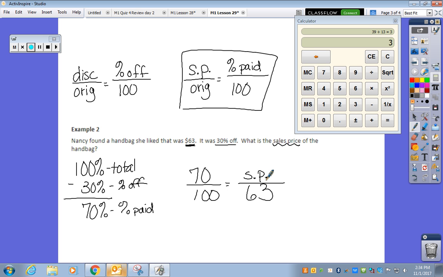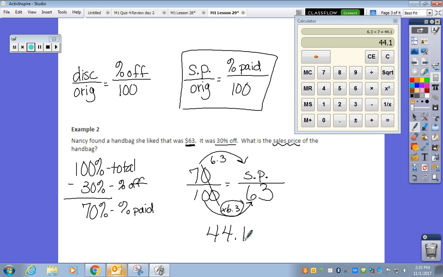So what I would do in this case is I would take a 0 for a 0. I see that I have to do 63 divided by 10. And if you're not sure how to do that mentally, you can use your calculator. So to go from 10 to 63 means I'm multiplying by 6.3. Remember, we said decimals are okay here. So I'll do 7 times 6.3 to get my sales price. And that gives me 44.1